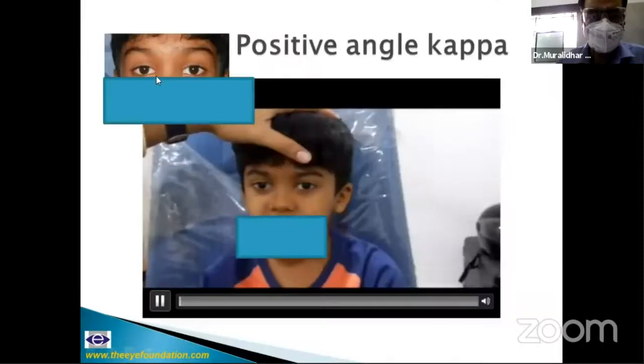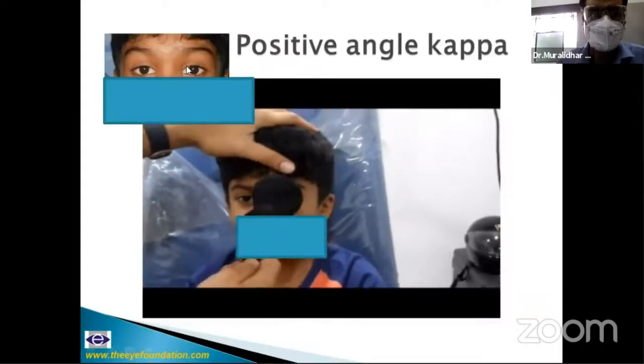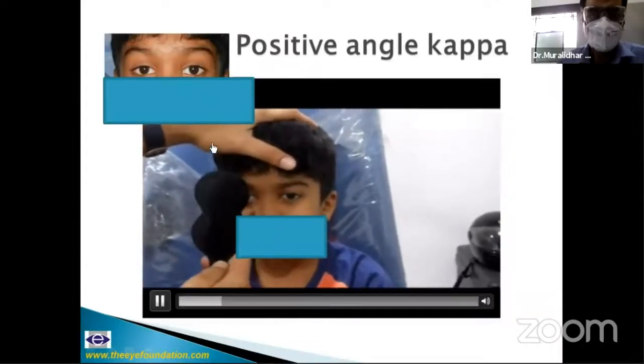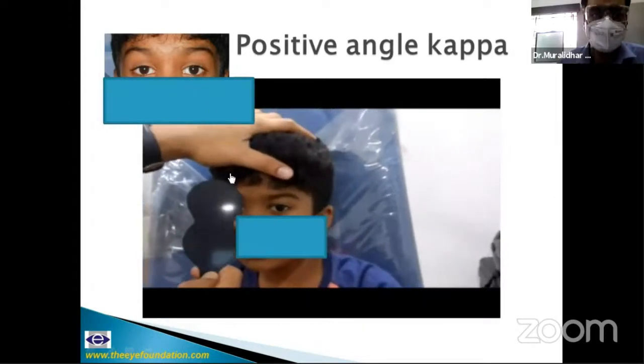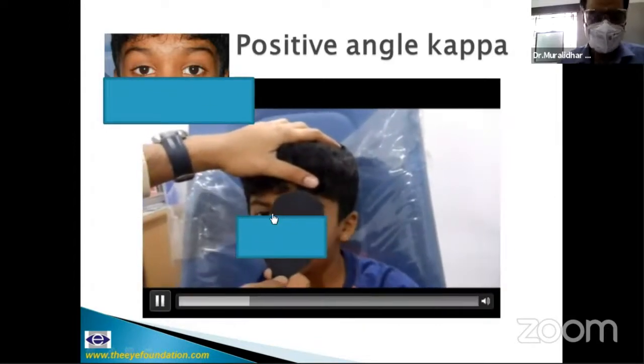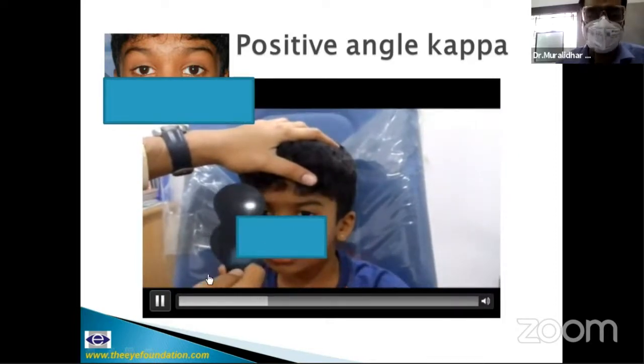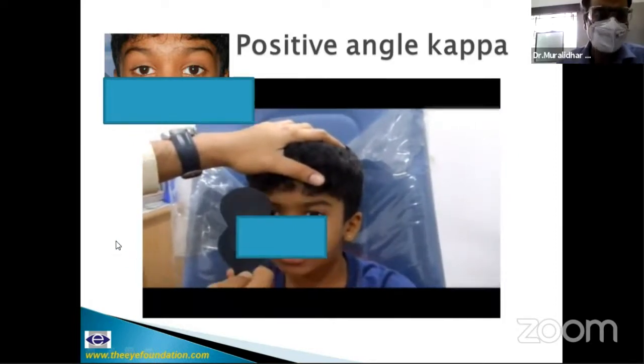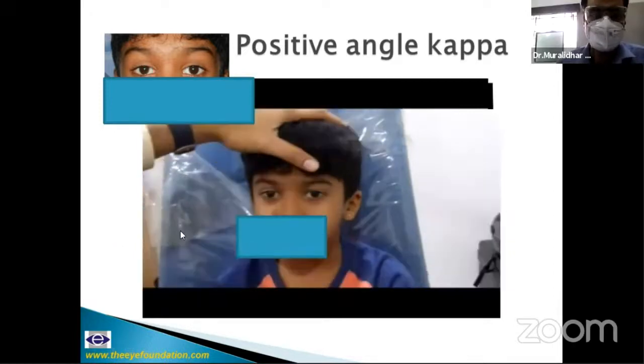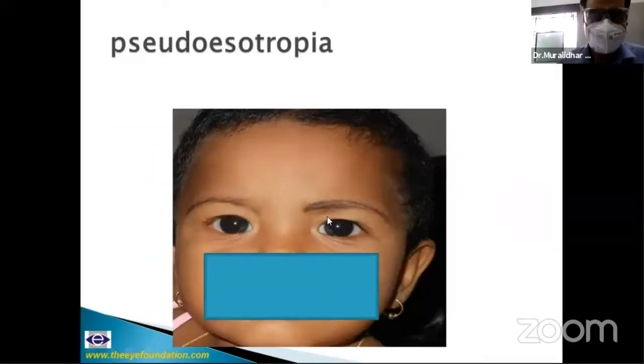They also need to identify these false things. For example, this patient seems to have an exotropia, and it is because of a positive angle kappa. When you do a cover test, the patient doesn't have any deviation. So it's a false strabismus. Before we go for strabismus evaluation, we need to sensitize the residents towards identifying this false strabismus. This is a patient with pseudoesotropia, and the esotropia appearance is because of the epicanthus inversus. Of course, the cover test also showed that the child was orthophoric.